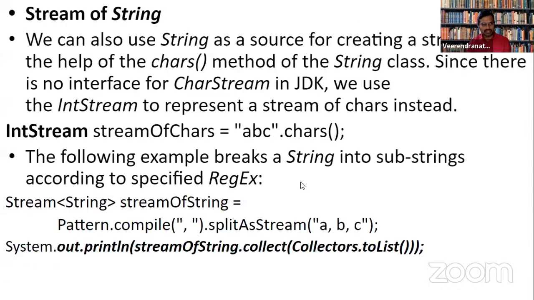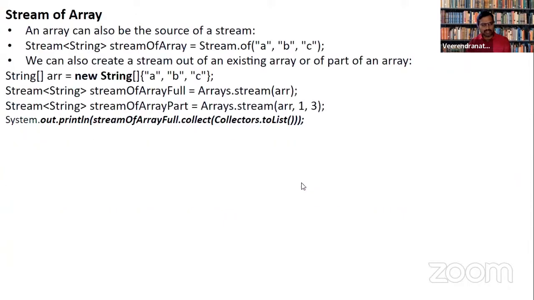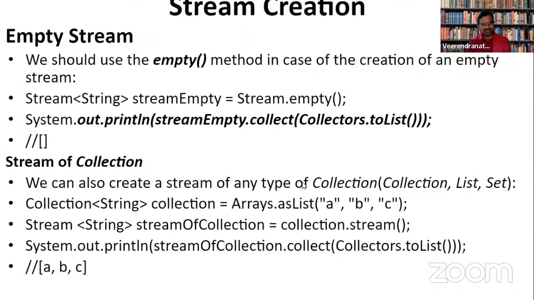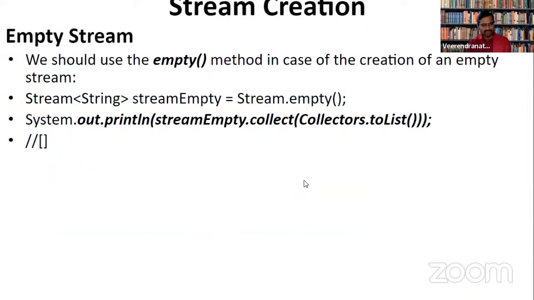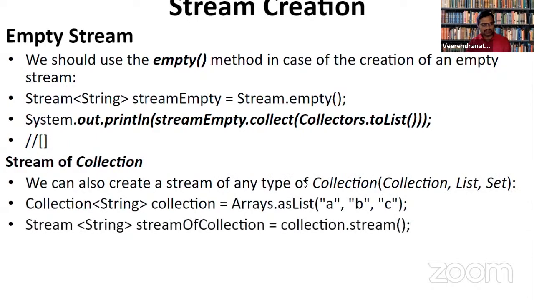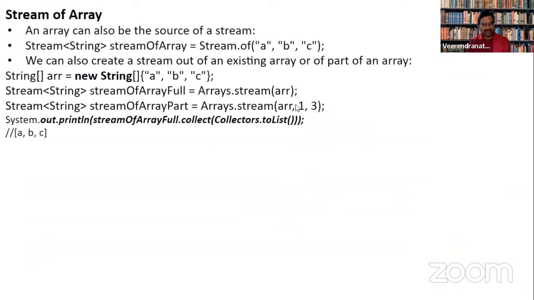To make a list of all the things, we can just go back. So what all did we learn on stream methods? Once I go back, you will understand what we have done. We have created an empty stream. Then we created a stream of collection. Then we went for a stream of an array, where we had indexing, or you can say slicing, on the stream as well.